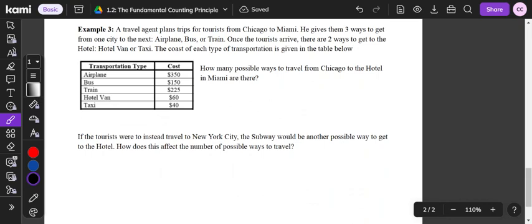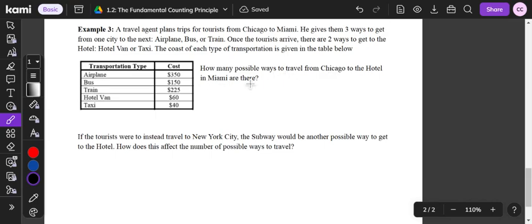So, just to recap, once again, we have a travel agent. He's planning trips for tourists from Chicago to Miami. He gives them 3 ways to get from one city to the next. And then once they get there, there are 2 ways to get from either the airport, the bus stop, or the train station to the hotel. Great. The cost of each type of transportation is once again given in the table below. And it says how many possible ways are there to travel from Chicago to the hotel in